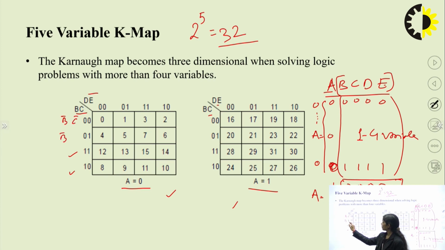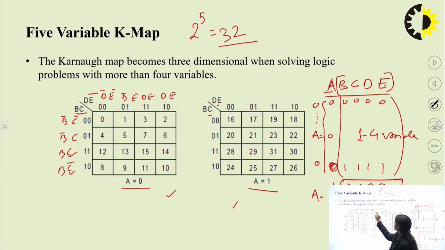This is B bar C. This is BC and this is BC bar. This is D bar E bar. This is D bar E. This is DE, this is DE bar, and the numbering will be started from here: 0, 1, 2 in the fourth column,